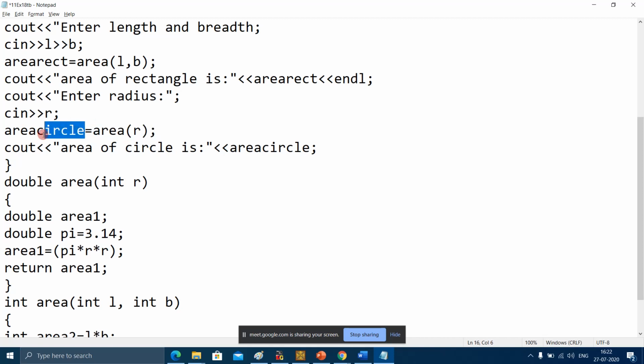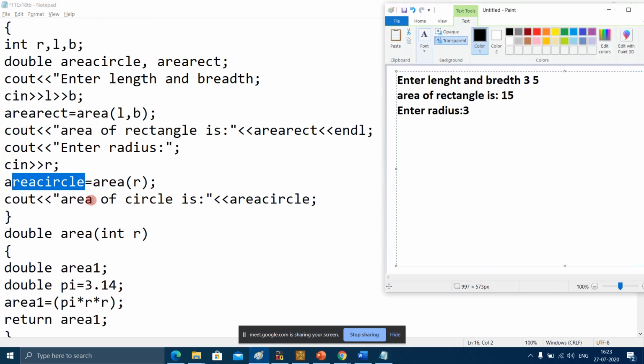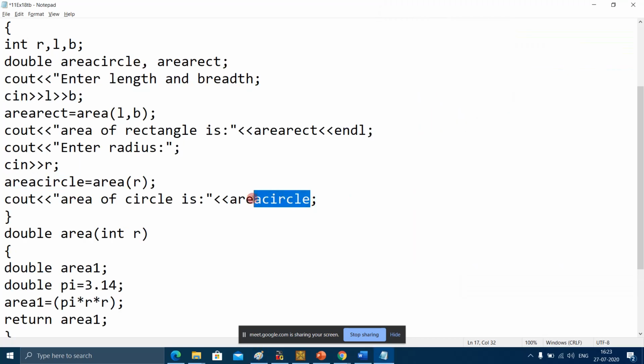So this variable, area circle, is a variable, and its value will be 28.26. And then on the output screen, you will see "area of circle is", and the value of area circle will be printed.